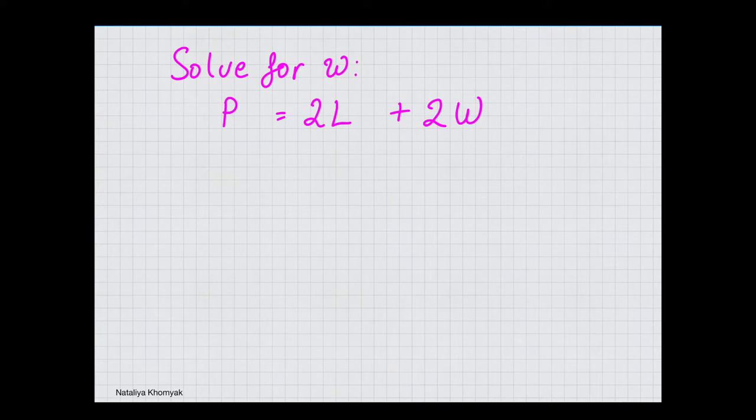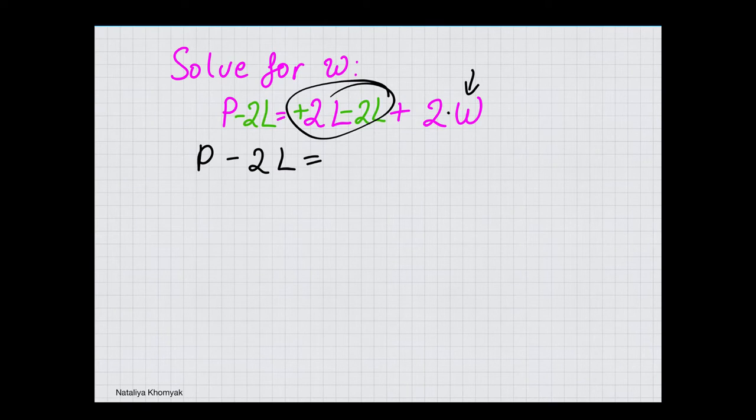Solve for w. Here we have P equals 2l plus 2w. So we have to solve for this w. The very first thing I'm going to undo is this sum. We are adding 2l, that's a positive 2l. The opposite of positive 2l is negative 2l. Whatever I do to one side of the equal sign, I'm going to do the same thing to the other side. So we get P minus 2l equals, that's a 0,